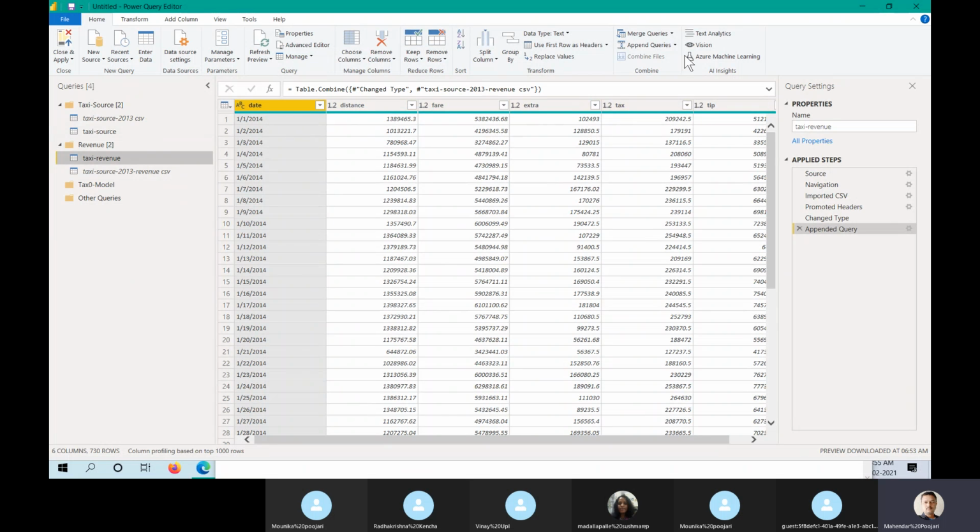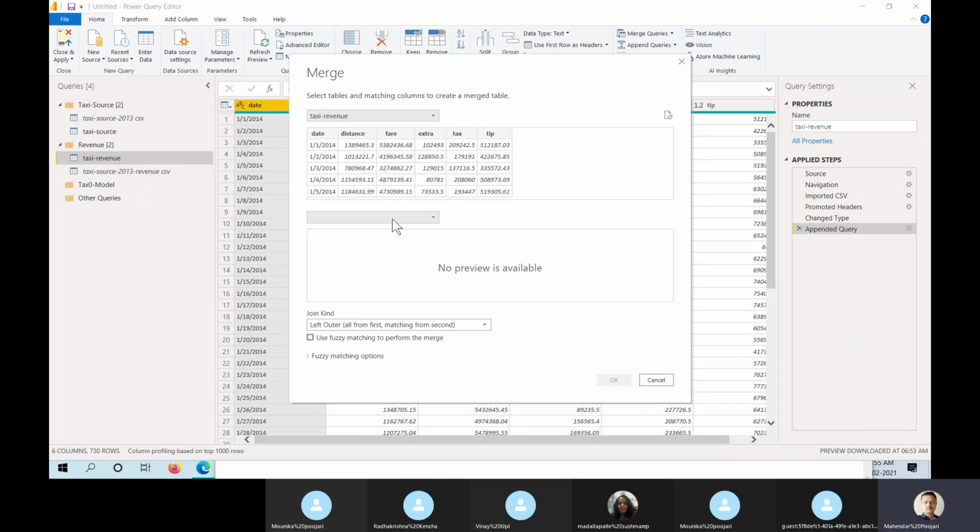So now let's merge. Let's merge queries, but you use merge as new. Okay, I'm using this, or otherwise I can use this, because that time I used it as a right, so you will understand the difference. Now I'm using as new, because it will create a new one. What I'm going to use this time, taxi source. The same column, this column. Okay, see, 730 rows are matched.